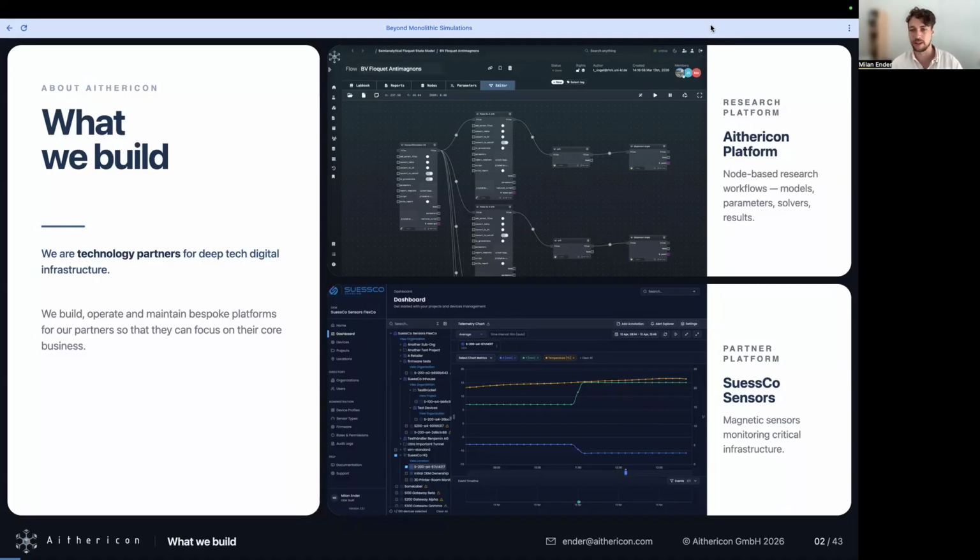But we also have industrial projects, for example, at the bottom right from Cisco Sensors. They develop very nice magnetic sensors for monitoring bridges, infrastructure, and others. And here we also developed workflows for the sensor manufacturing, but also fully modular IoT pipelines that are working in the cloud.